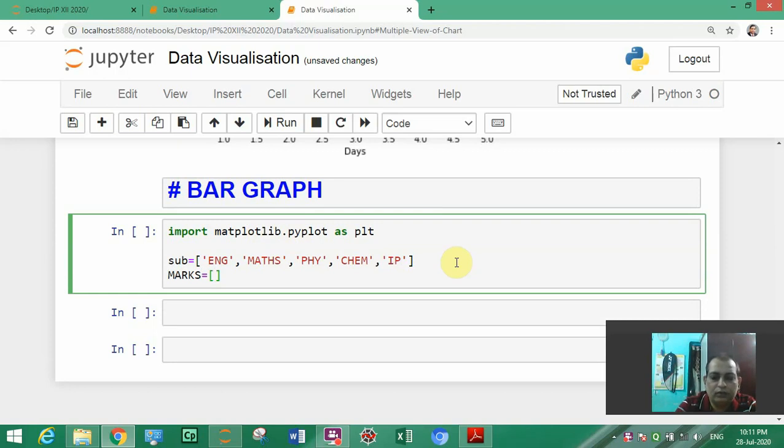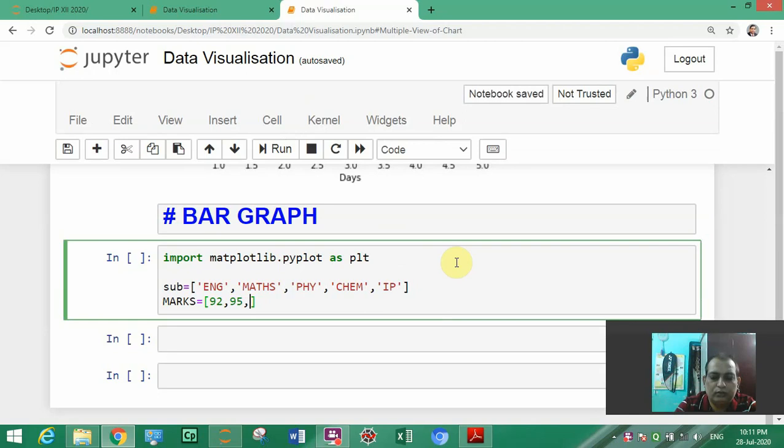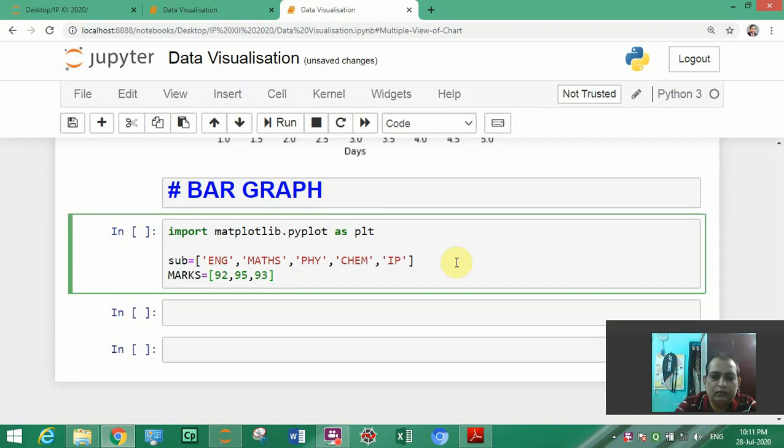So English 92, math 95, physics 93, comma, chemistry 85, and IP 97. Math I will take 90. So any number we can take, that is 5 subjects.